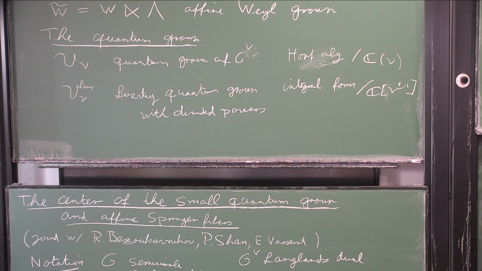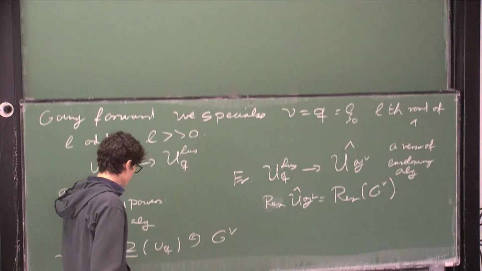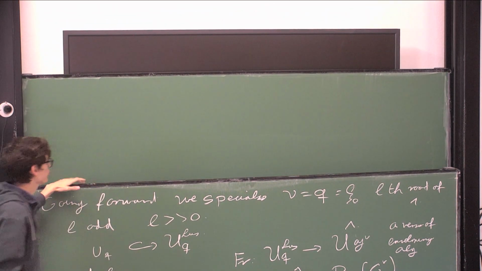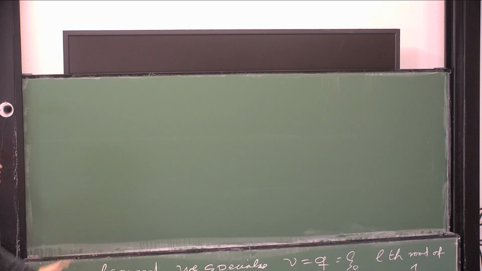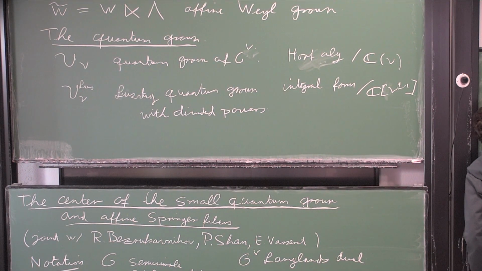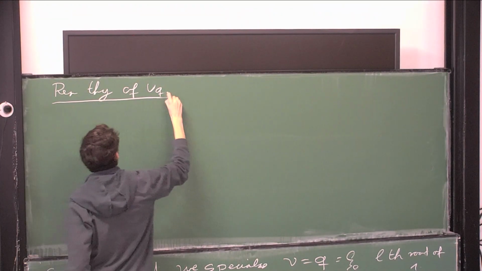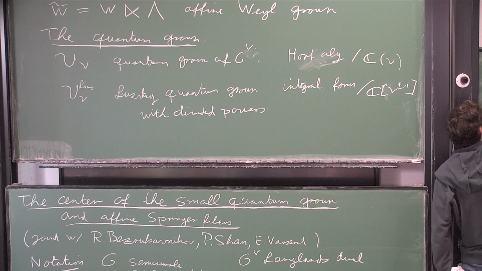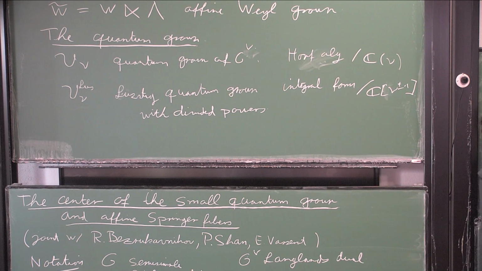And what we're going to do to study the center is look at it piece by piece. We're going to break the problems into blocks, something that, I guess, not in so many words, happened in the previous lecture, in Zirkel's lecture. So let's look at some representation theory of this small quantum group. So here, the Cartan of the small quantum group